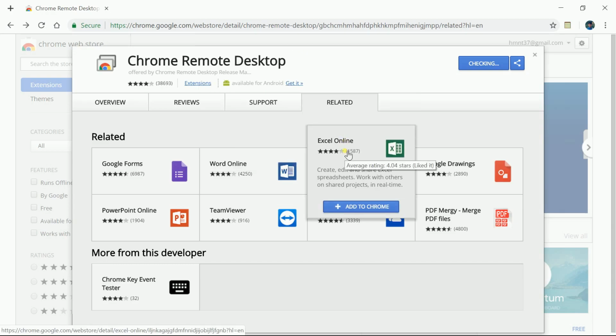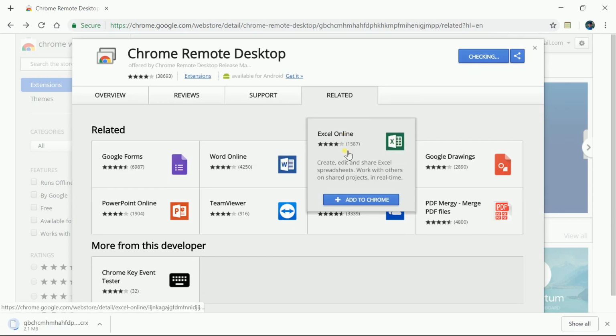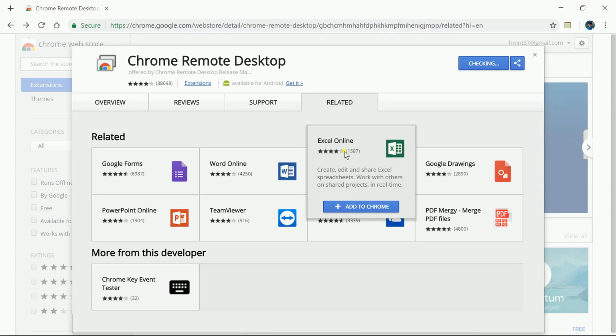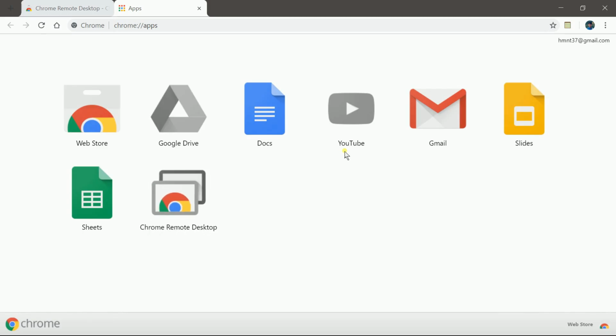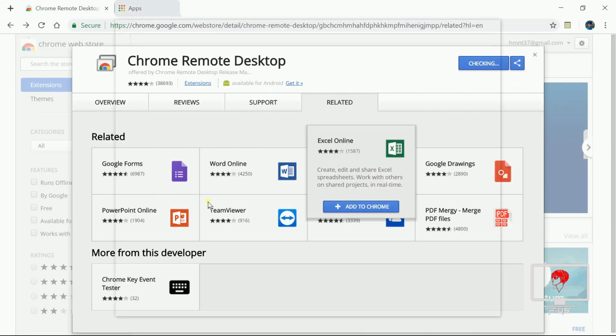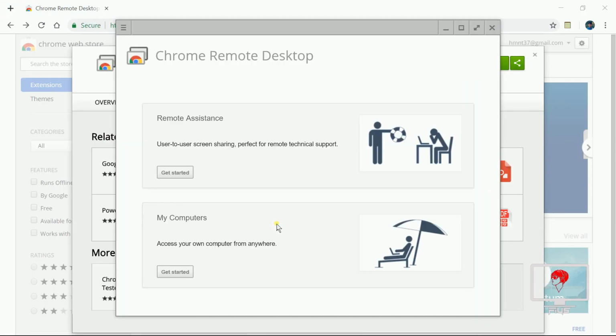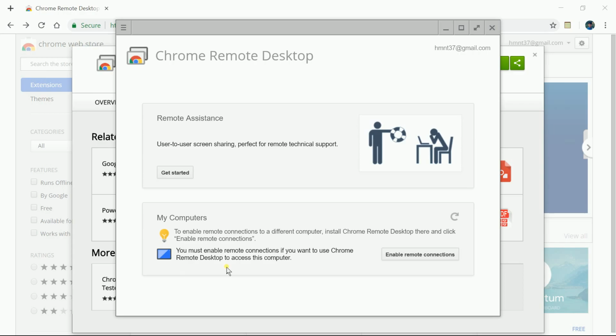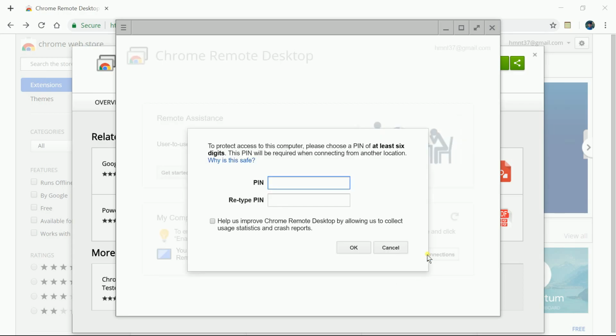After the install, you will have to grant the extension the necessary permissions and log into your Google account. Once you launch Chrome Remote Desktop, you will be given two options. The first one, share this computer with another user, and the second, be in control. Now it will pop up asking you to create a PIN number to protect it. After that, you are going to set